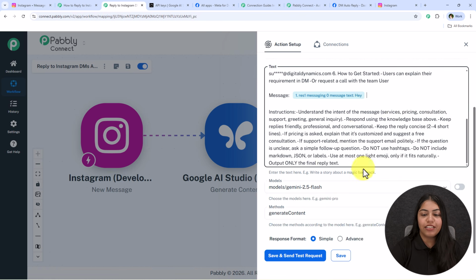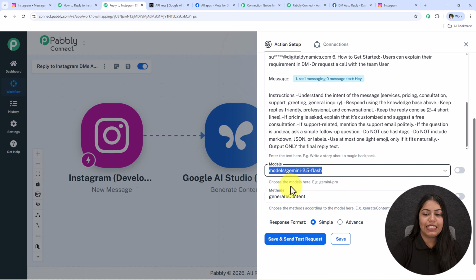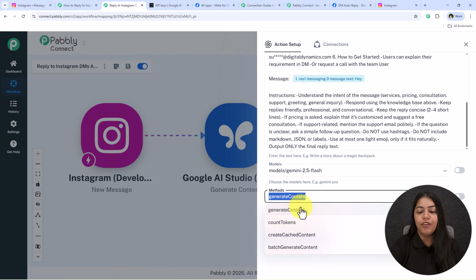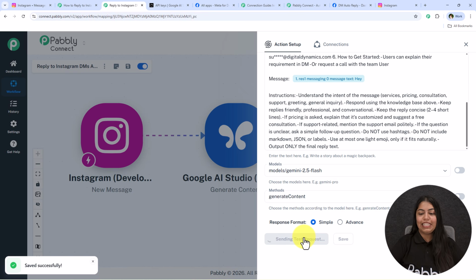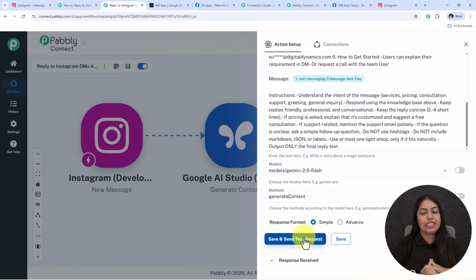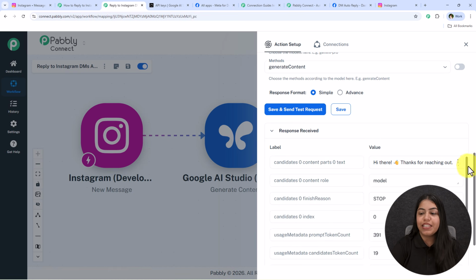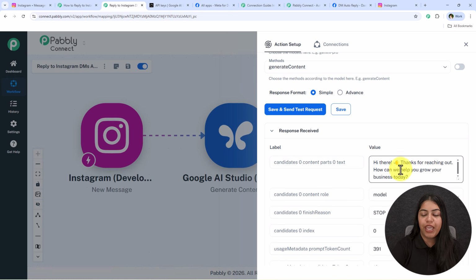And now I've entered the prompt. For the model, I'm just going to select it as Gemini 2.5 Flash. You can select any other of your choice. For the method, I'm just going to select it as generate content and click on this save and send test request. I have entered all the knowledge related to my business in this prompt so the messages can be accurate. Make sure to enter the prompt very specific and accurate, and the better the prompt, the better the replies. So now you can see that we have received the reply right over here,